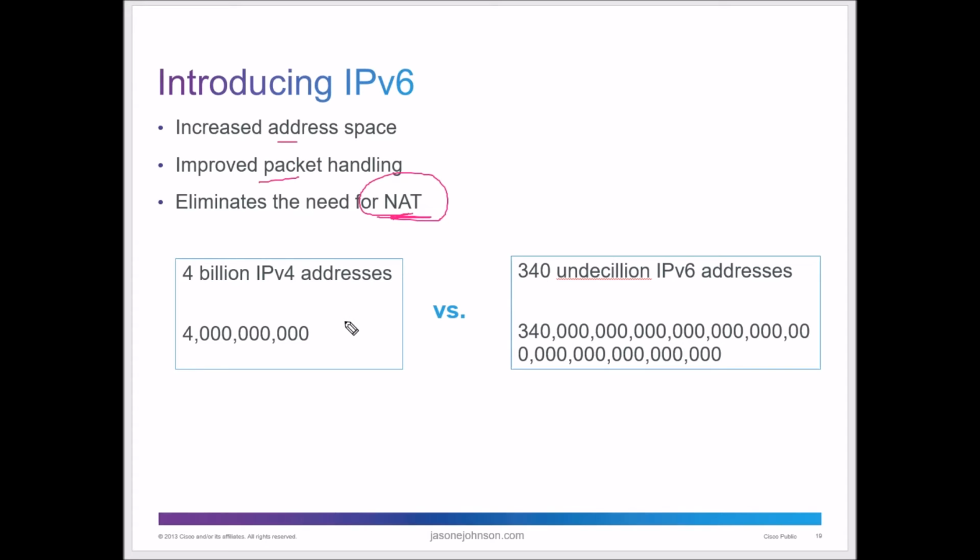So just as an example of how much bigger version 6 is from version 4. Version 4 gave us 4 billion IP addresses. 4 billion. Now, back in the day, if you go back and research the history of the networks, I'm just going to spend about a minute or so talking about this. Back when they created the internet and came up with IP addressing, in the 70s and 80s, they were thinking, we're going to connect universities, we're going to connect military sites, we may connect some businesses into this. So we're probably talking a few hundred, maybe a couple hundred thousand IP addresses.